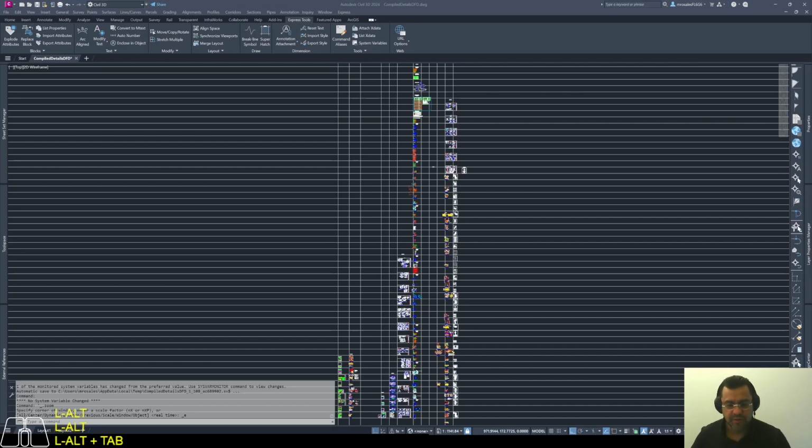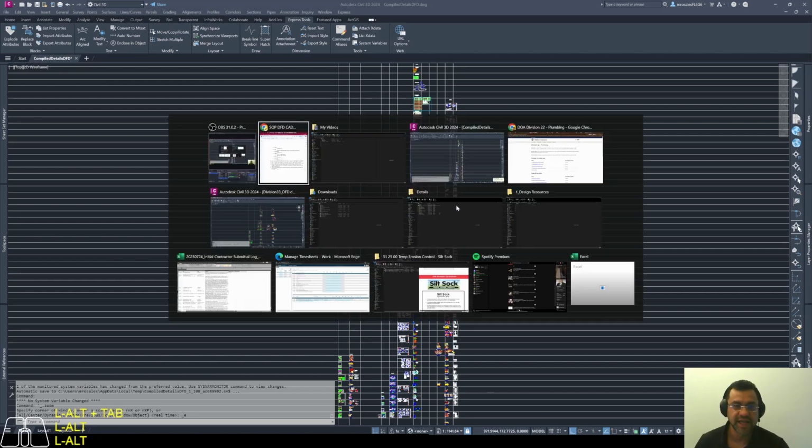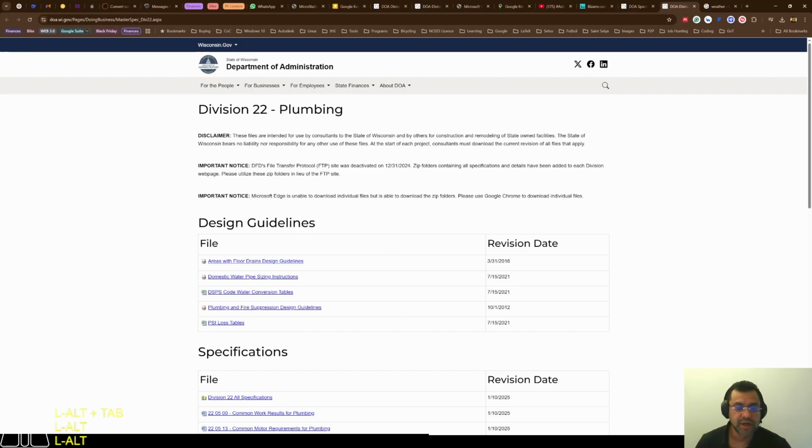So this is my Rosales, and I'm going to show how to start standardized details for CAD. In this case, I'm using the DFD details that they provide in their web page. So what you're looking at on the screen is all the DFD details that I could recopilate using